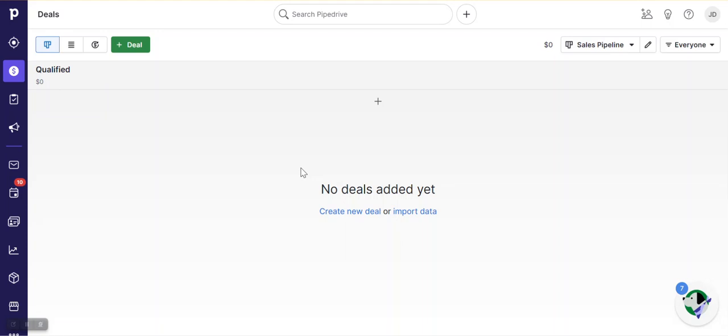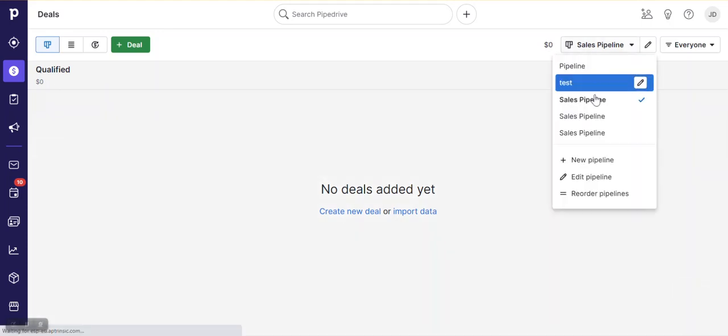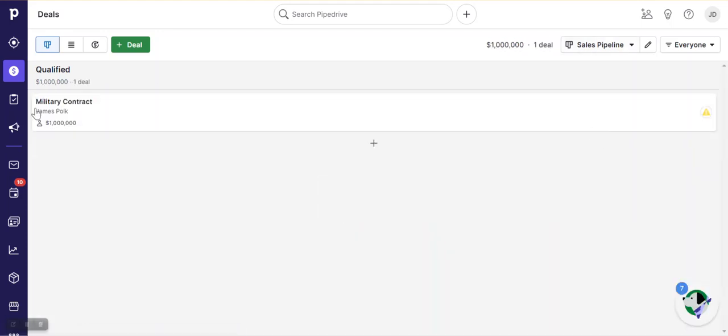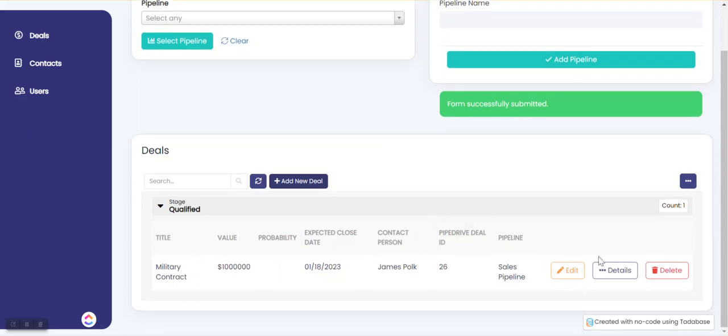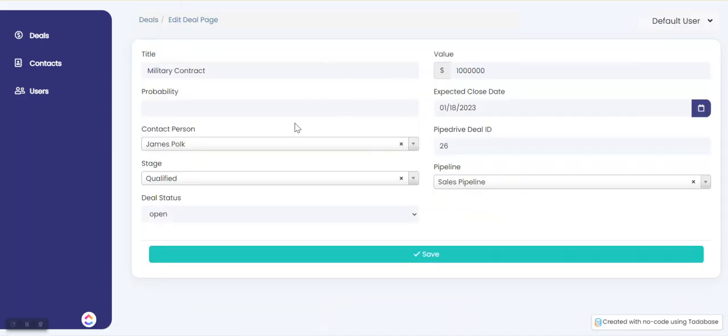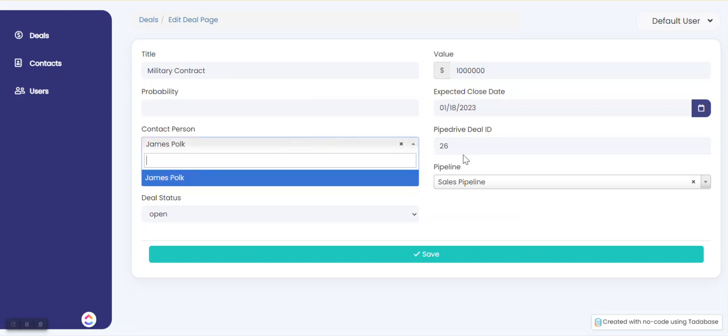When we refresh, we go to the pipeline we just created, and we'll see this deal that we added in Tadabase. And if you edit it over here, because we added a rule on the edit form also, it will update it in Tadabase. So let's say we change the